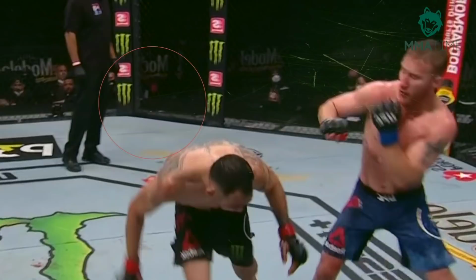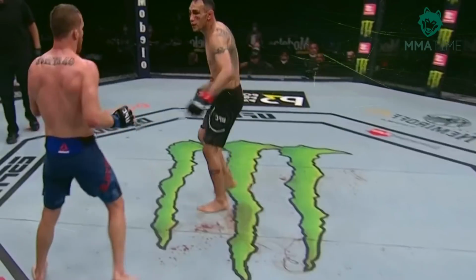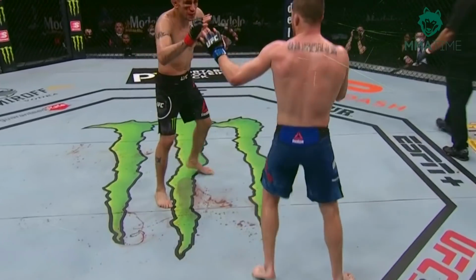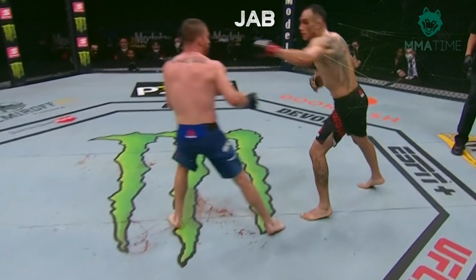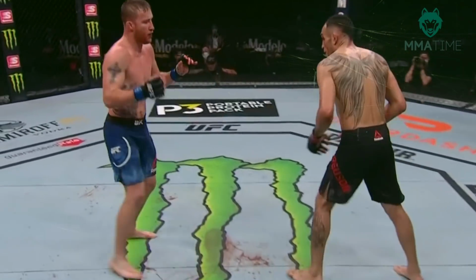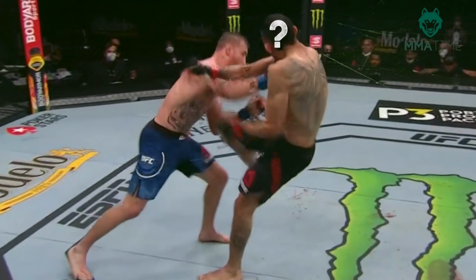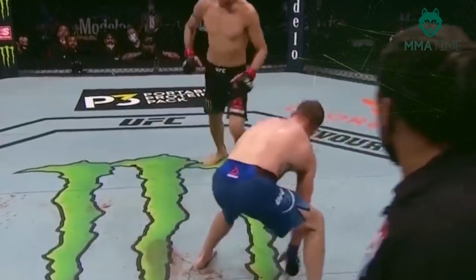Even when El Cucuy simply tries to turn around after a low kick, Gaethje punishes him for all unnecessary movements. Ferguson still can't understand what to do. He continues to try to catch up with his pace and timing, but from the side we see how he hits a jab in anticipation of something and misses a hail of hooks. In retaliation, Ferguson showed a strong kick in the leg, but this is nothing compared to the damage that he